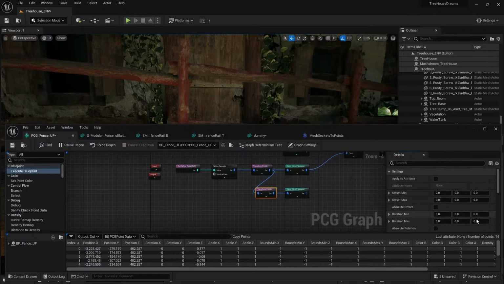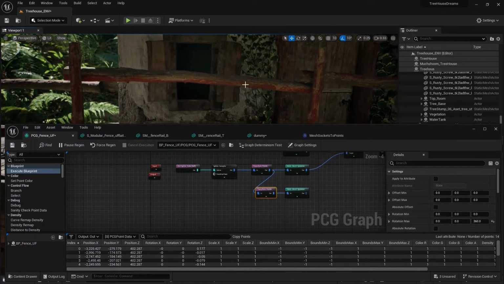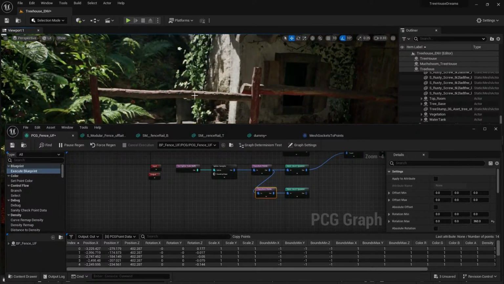I think this guy needs to be around Z. So let's just do random 360 around Z. So now you can see each one of these has a unique rotational value, and we're spawning off of those rails